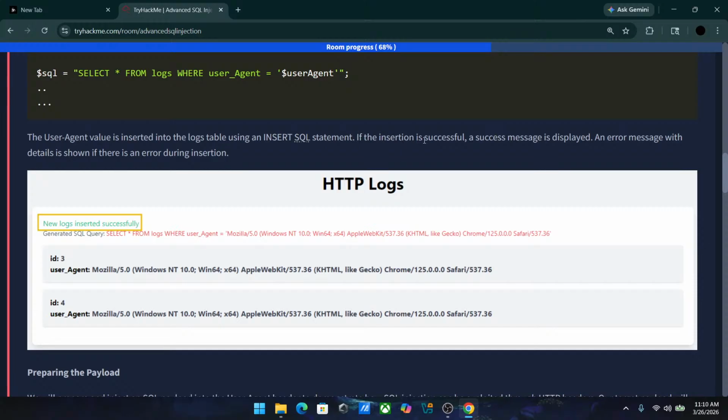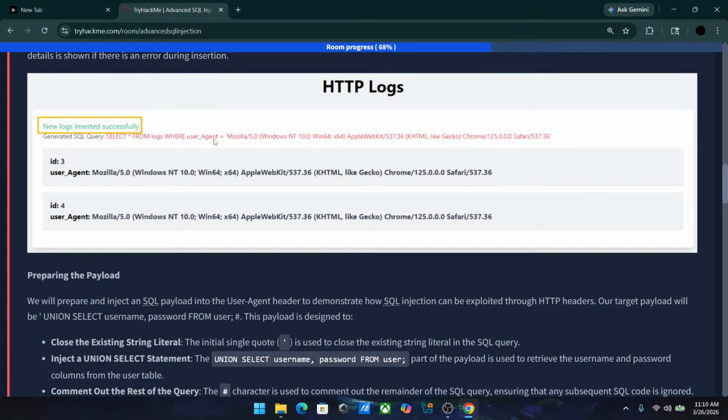If the insertion is successful, a success message is displayed. An error message with the detail is shown if there is an error during insertion. New log inserted successfully. Generated SQL query: SELECT * FROM logs WHERE user_agent equals